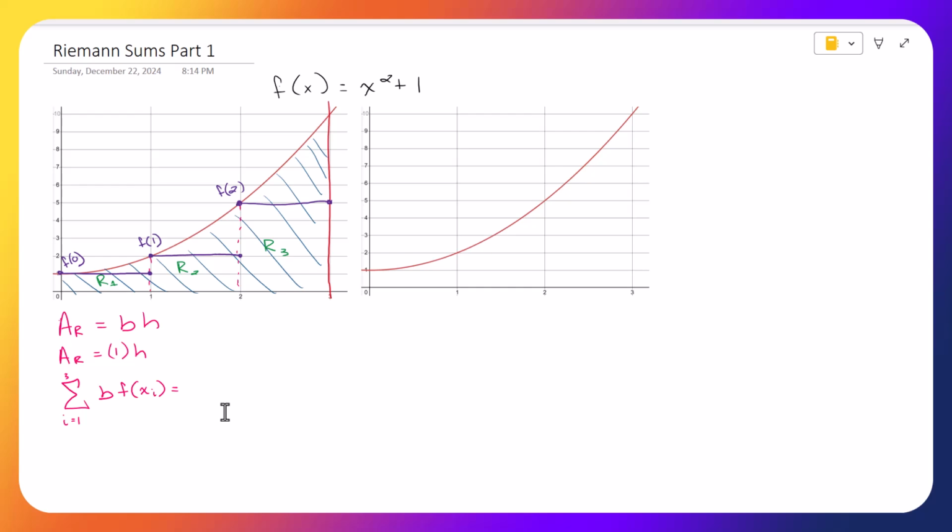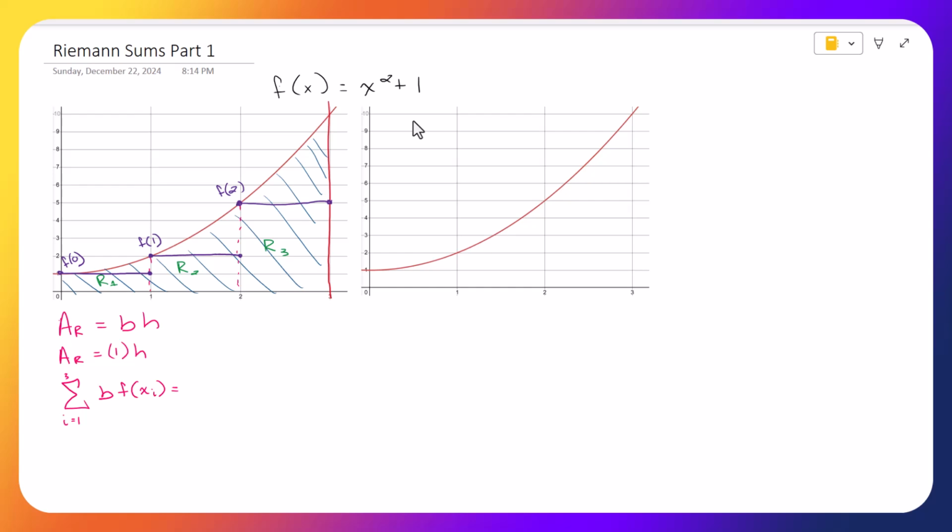So if we expand this, it's going to be 1 times f of x1, which is f of 0. So I'm not going to write out the full math, but f of 0, 0 squared plus 1, is just 1, plus, again, a base of 1 times